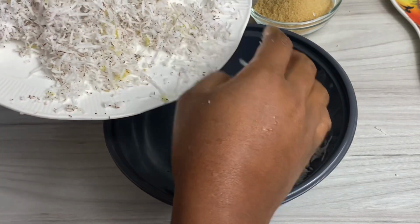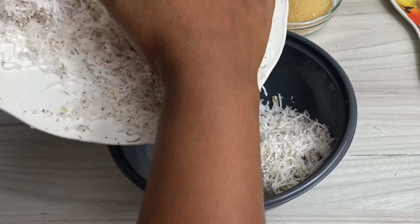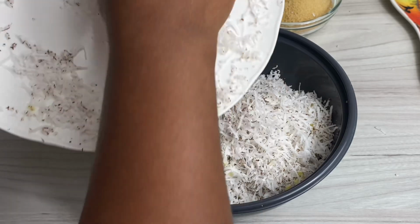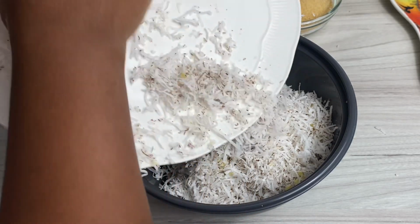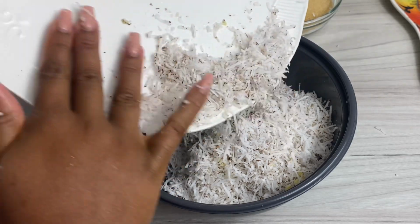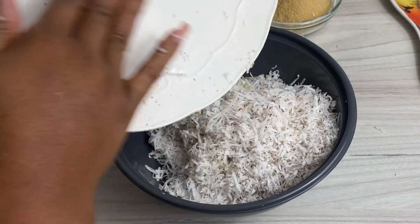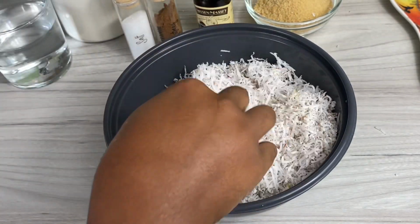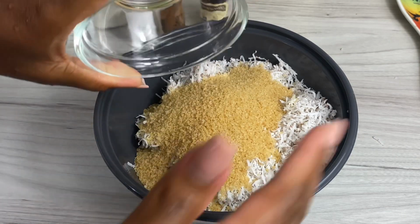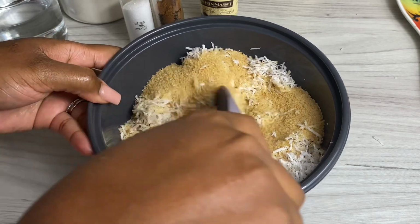So once it was all grated, I transferred it to a bowl and I'm going to mix it in well. Then I am just gonna add in my sugar. Make sure your oven is preheated to 180 degrees Celsius once you get to this step because it's really quick from here. So add your sugar in, mix it in well, and then I'm gonna add in my flour, salt,